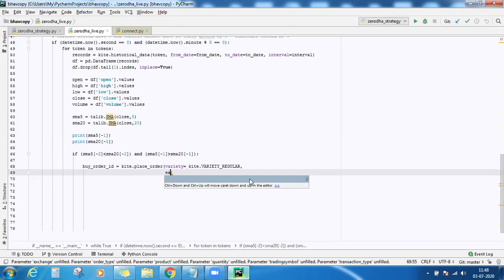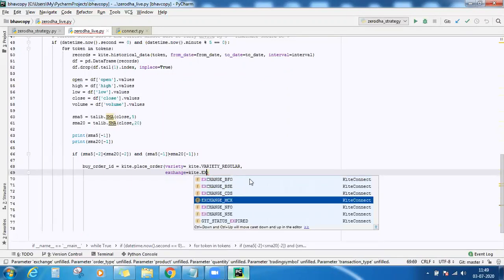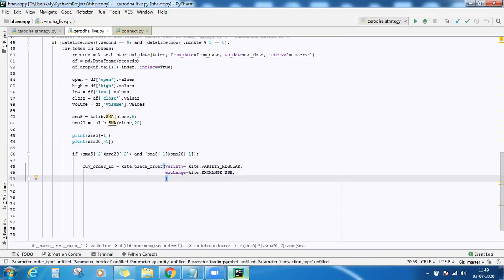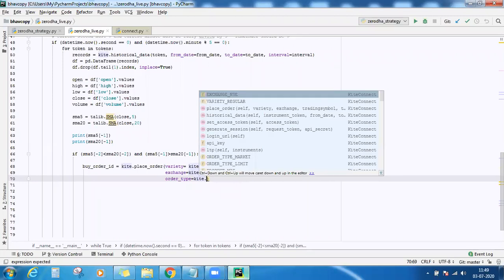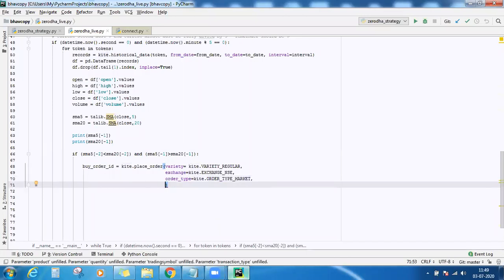Then the exchange, NSE is my exchange. Then the order type, the market order, and then the trading symbol.